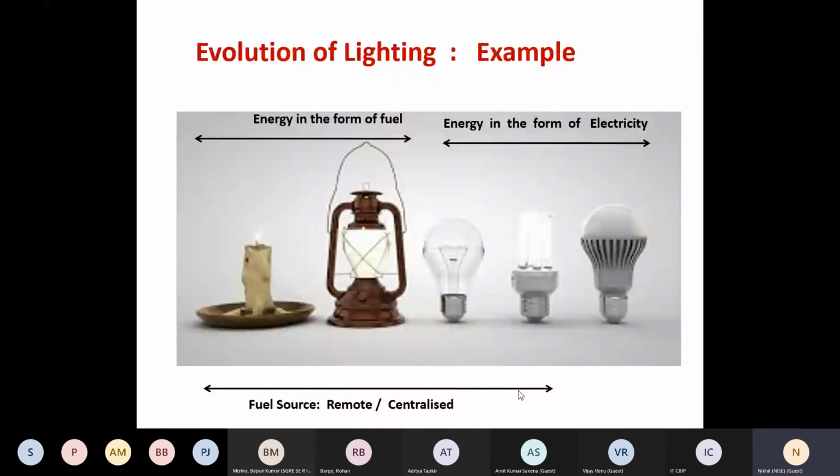And electricity also, we get electricity from the grid, but this electricity may be generated in a far away place. It goes through a lot of transmission and distribution, and it reaches the end user. But lately you are seeing, in a common way, that the electricity is being generated on the